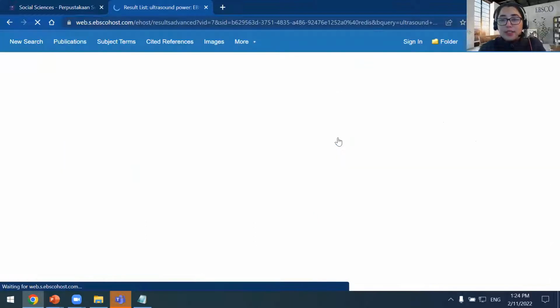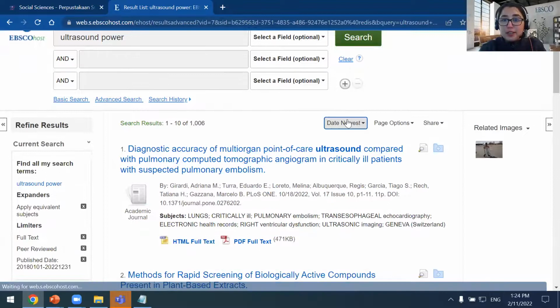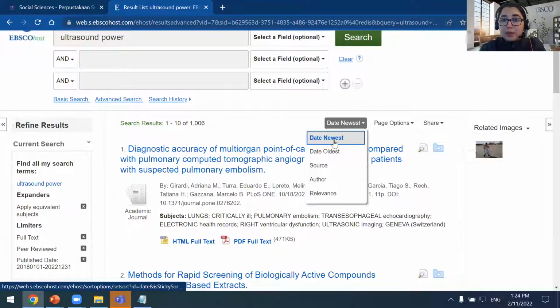So if I just want to see the newest content that matches my search terms, I can use that option. There is the ability to sort by date oldest, as well as by the journal name alphabetically, that's source, or the author's family name alphabetically, that's author. I'm just going to return back to relevance as my sorting.